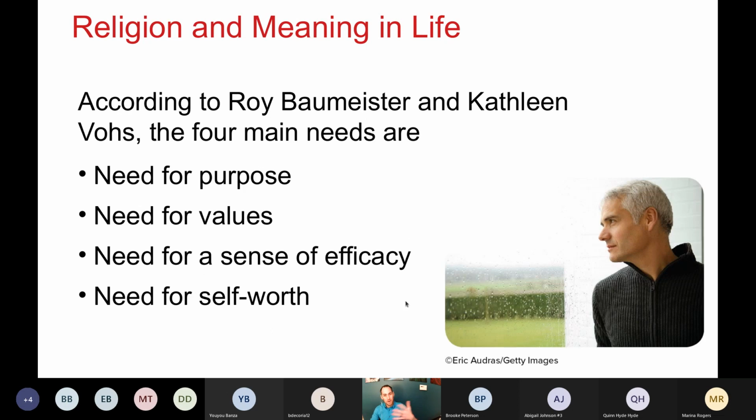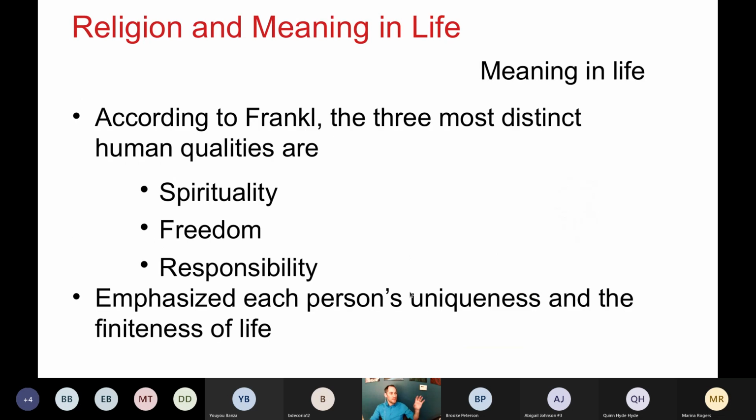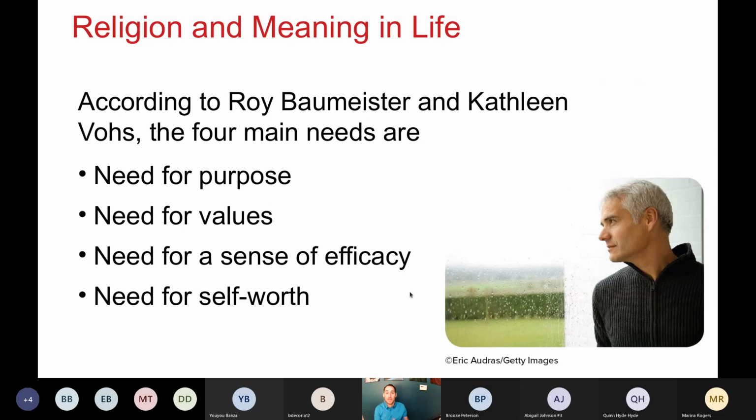So with this, later researchers, Baumeister and Vohs, have four main needs. They took these ideas, the distinct human qualities, and saw that there's other things too, so adding on to those or piecing them out. A need for purpose, a need for values. When they first mentioned need for purpose, it was still being used interchangeably with meaning, so you could say a need for meaning there. That'd be pretty accurate. A need for values, so personal things that are important to you